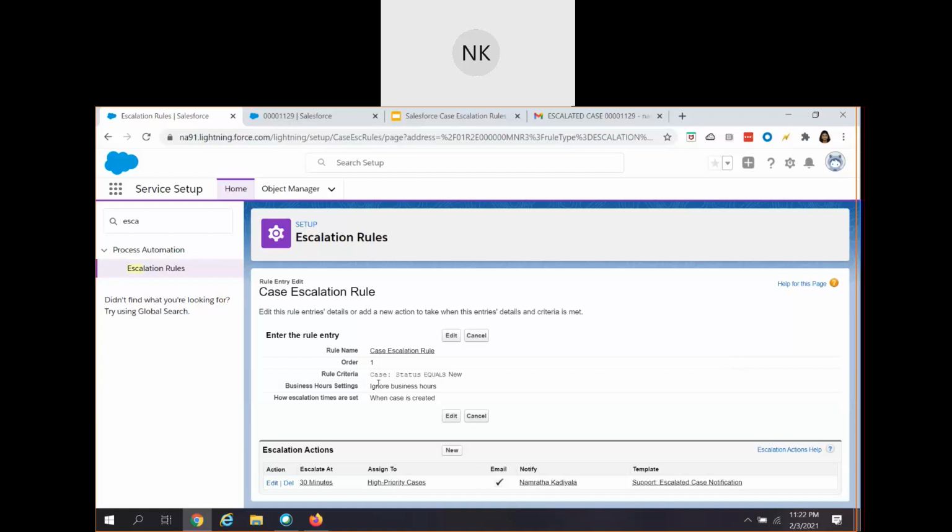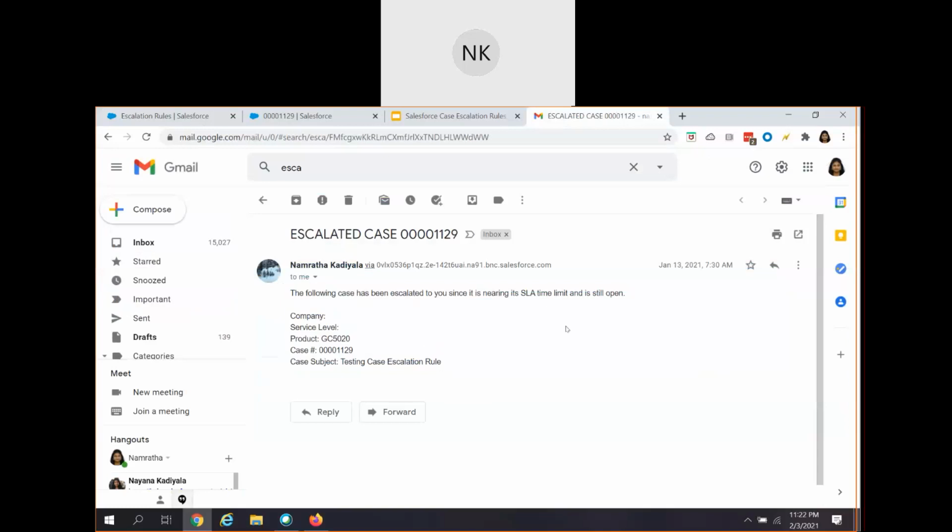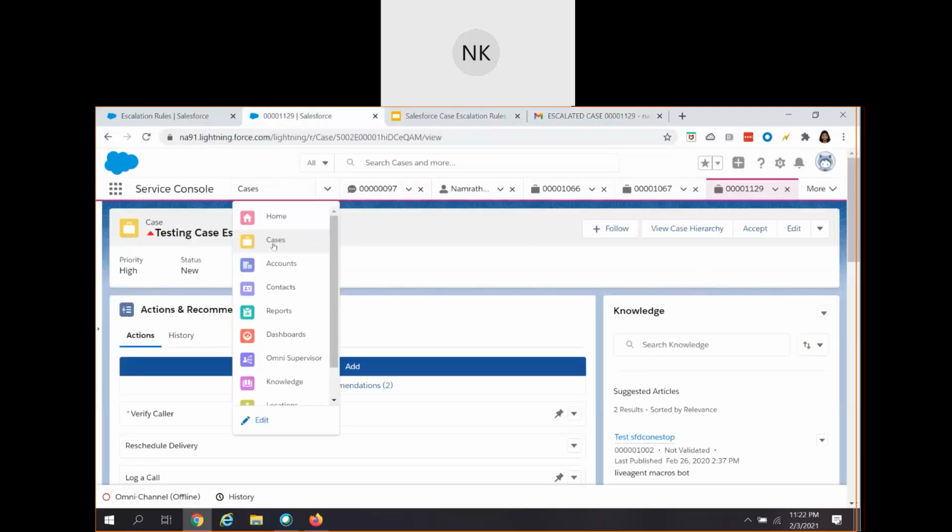Now, when the case escalation rule fires, it sends out an email notification, and this is how we will get the notification saying that the case has been escalated to you, and you can define what all content should be there in your email. It will send out with the subject escalated case, because this is what I have created, escalated case, this one. You can also provide a link over here, lot of things that you can do in your email template. Now let's go to my Salesforce and look out for the cases